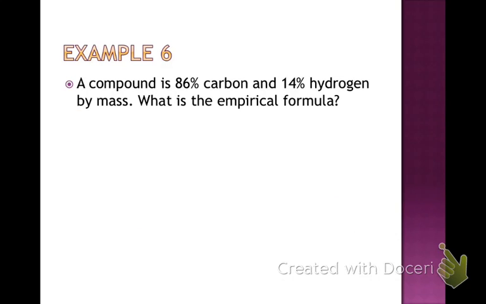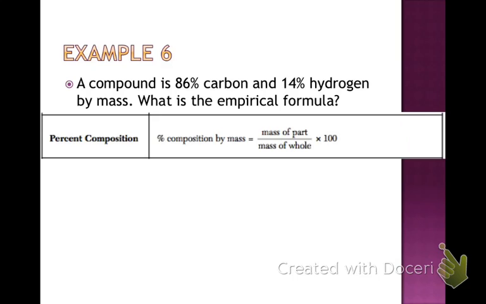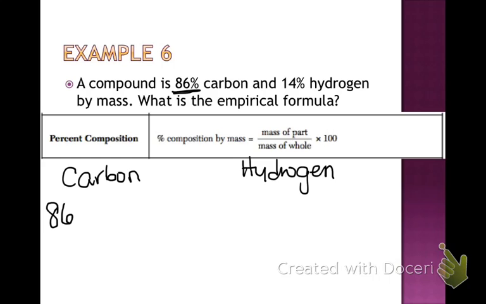All right. So for example 6, a compound is 86% carbon and 14% hydrogen by mass. What is the empirical formula? So we're dealing with percents here, so I need to have the percent composition. I need the mass of the part over the mass of the whole, and then multiply that by 100. So I know that 86 is my percent, so that goes on the left-hand side. I'm going to do carbon and hydrogen separately. So 86 is my percent,